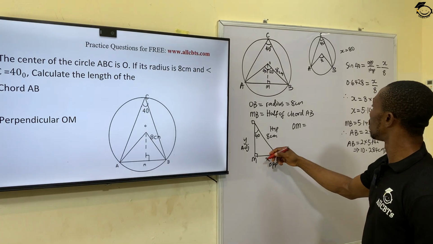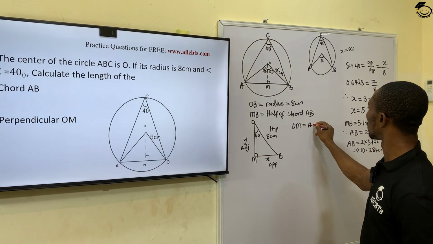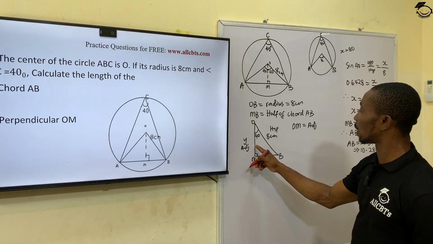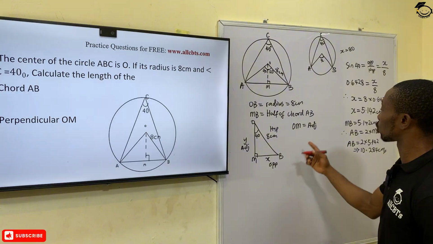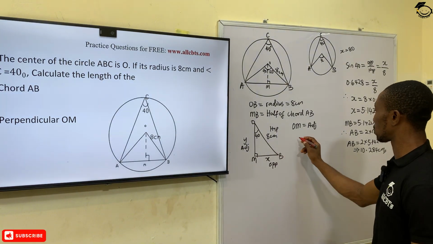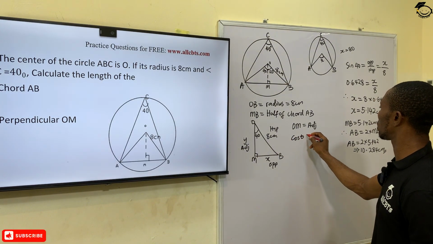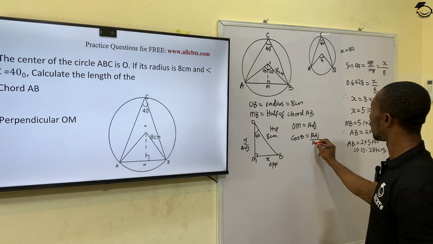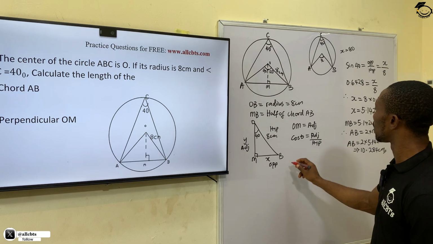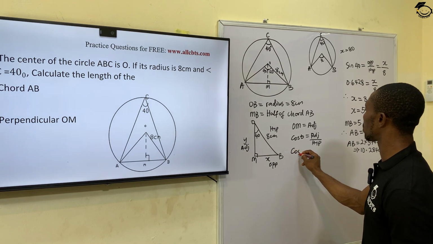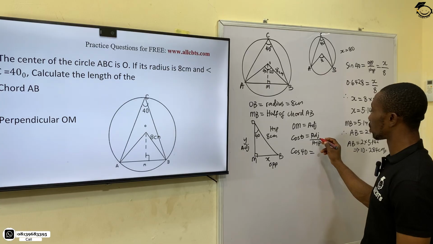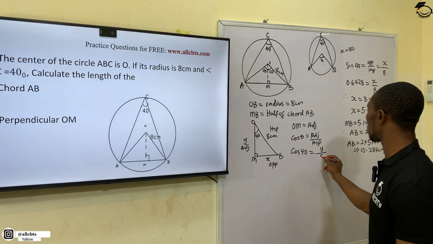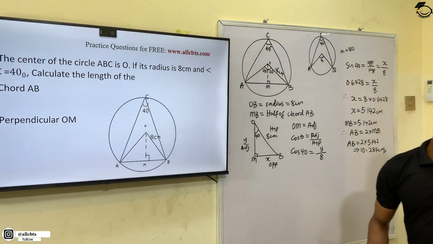Would be adjacent. Okay. Now, we have hypotenuse and adjacent. So our SOHCAHTOA that deals with hypotenuse and adjacent is cos. So cos theta equals adjacent over hypotenuse. Okay, now having this becomes cos 40 equals adjacent, which is y, all over our hypotenuse, which is 8. So our cos 40